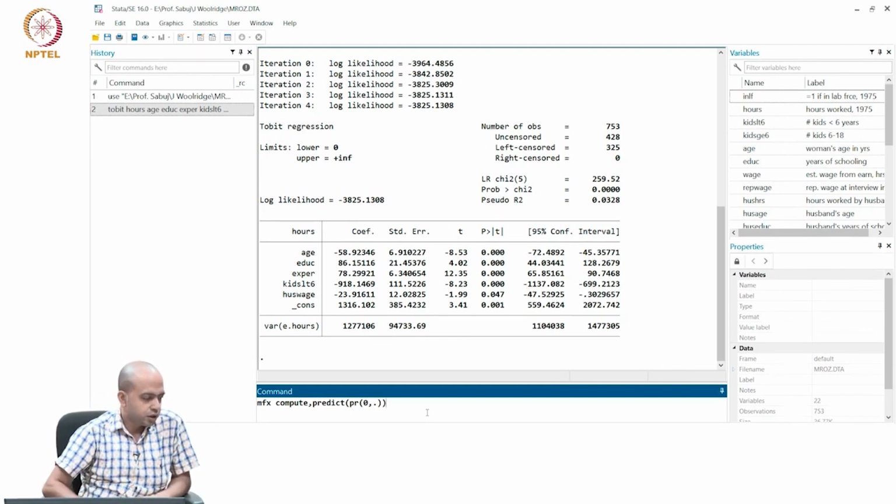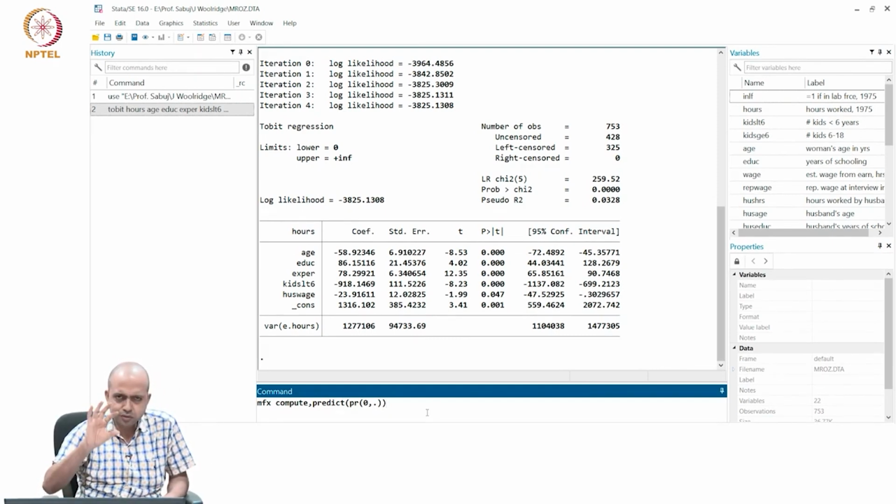So, the command is a little complicated, but if you understand the logic,